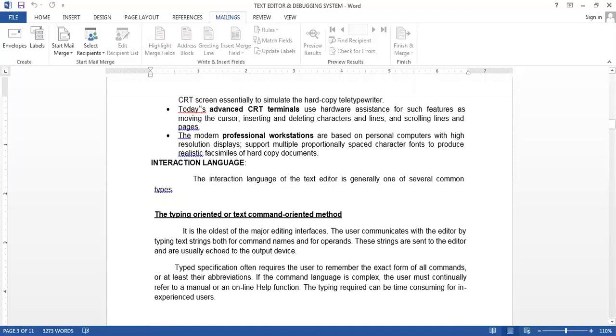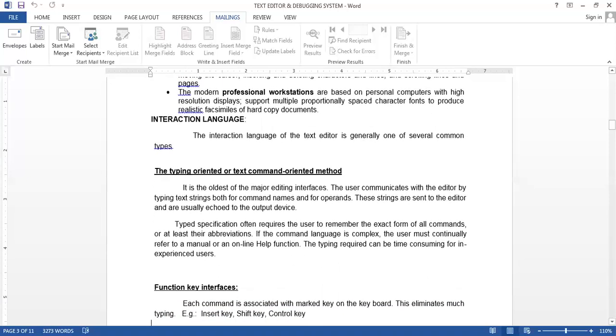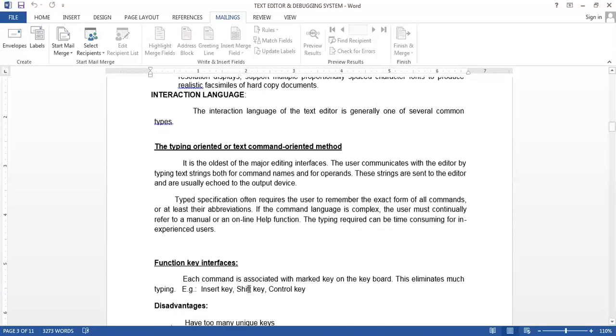The languages of a text editor are of some common types: typing oriented or text command oriented, where we give some text command, or we can use function keys, as we discussed earlier in input devices, where we can press a function key.